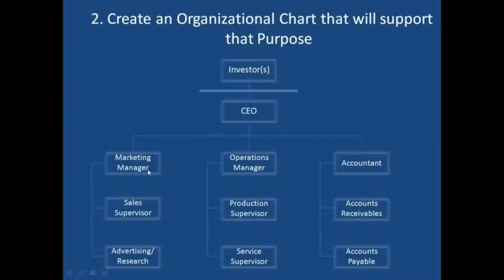Now, what I have here is an example of an org chart. In your own fitness studio, you may have a position of fitness trainers. You may have a position of physiotherapists. You may have a position of dietitians. So the positions you have are the ones that will support your purpose as a business. So have these things drawn. Let the structure of your business be clear.